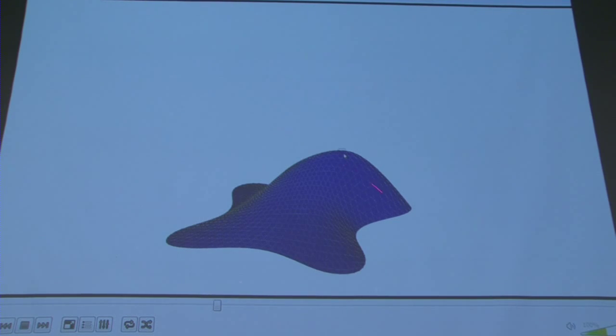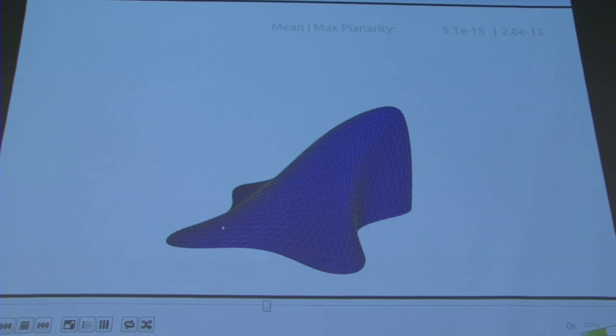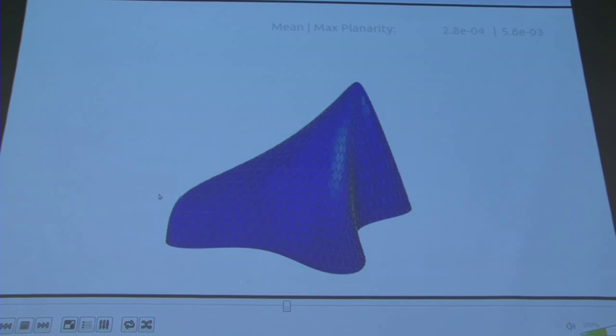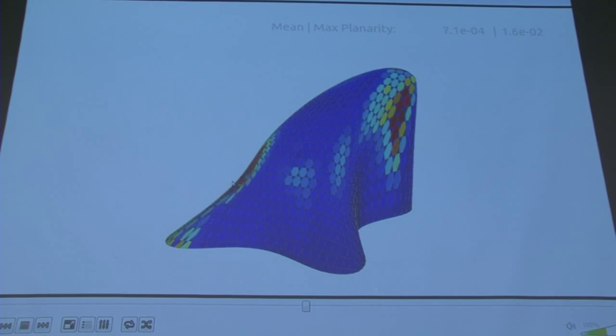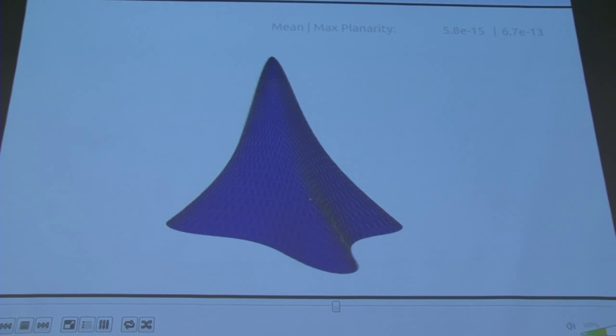So this is something which is composed of hexagons and triangles. You see these hexagons popping up, but quickly they become blue, which means the planarity is within tolerance. So the interactive modeling of such a structure, which has, I think, about 3,000 vertices or so, is possible now. And if you do it like this, you do not have the problem that later on you have to worry whether you will be able to make it, in this case, from a pattern of planar hexagons and triangles, because you have already designed it in this way. Yeah, you may not be able to see it in the back that this is composed of planar hexagons